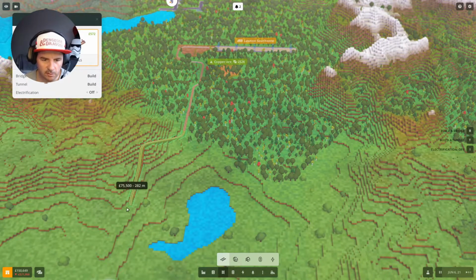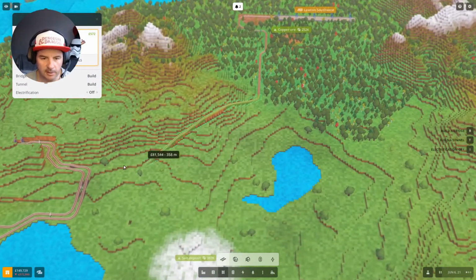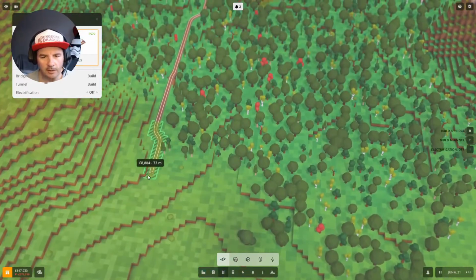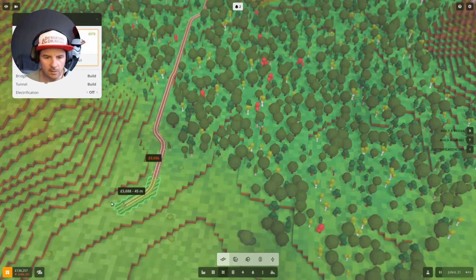Maybe we could stay on this grade here if I did that. Oh yes, that's a lovely grade. I'll come around to there. That's a brilliant one. Brilliant, brilliant, brilliant. That worked out nicely. I do like trying to get the gradients all worked out quite well. Here I'm trying to see if I can...